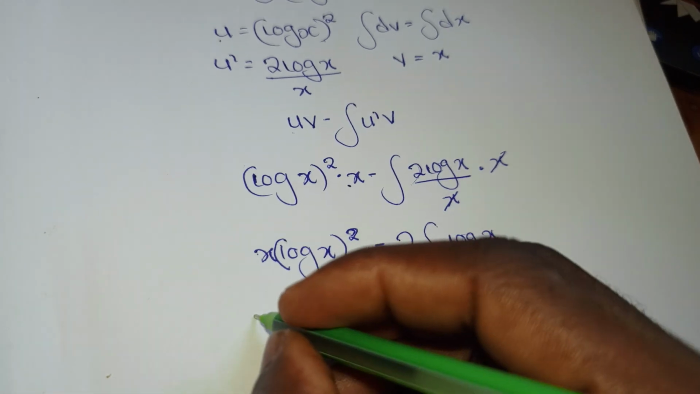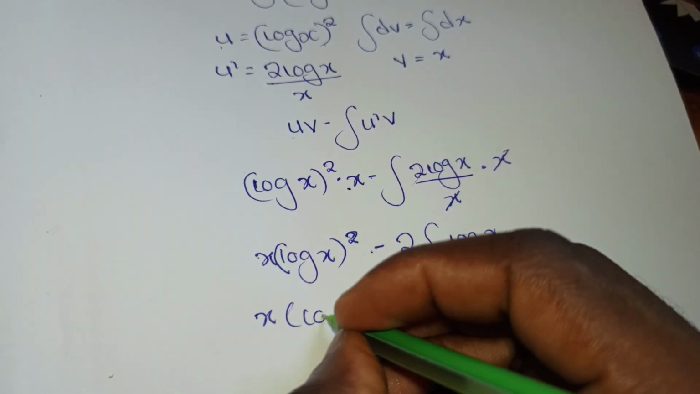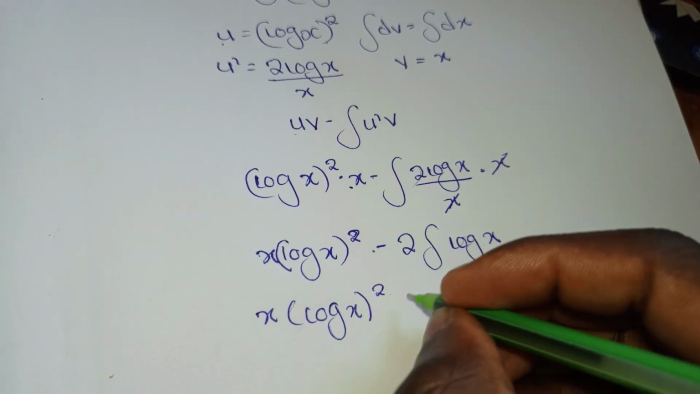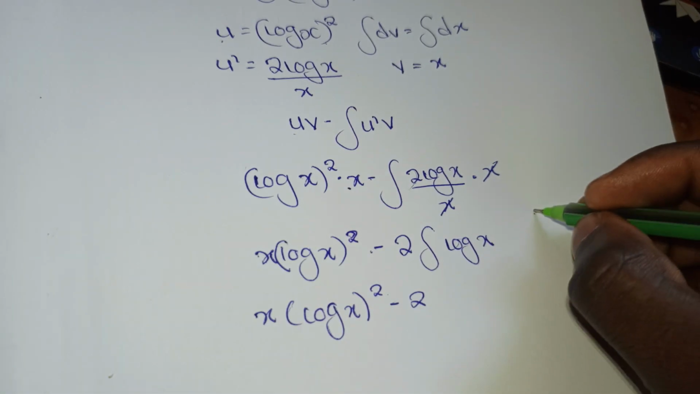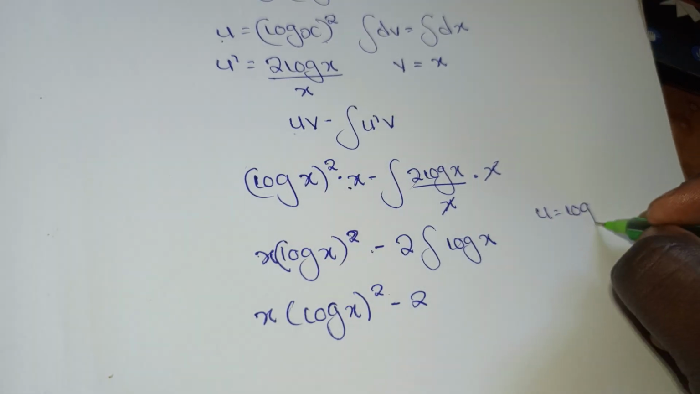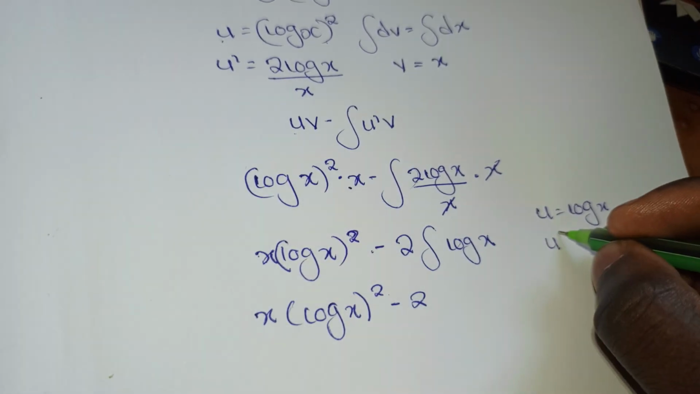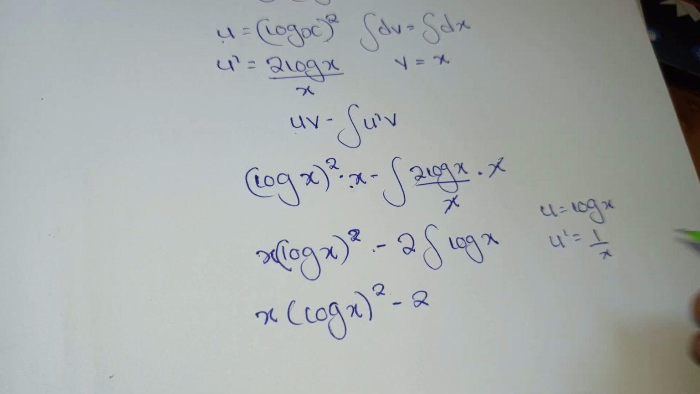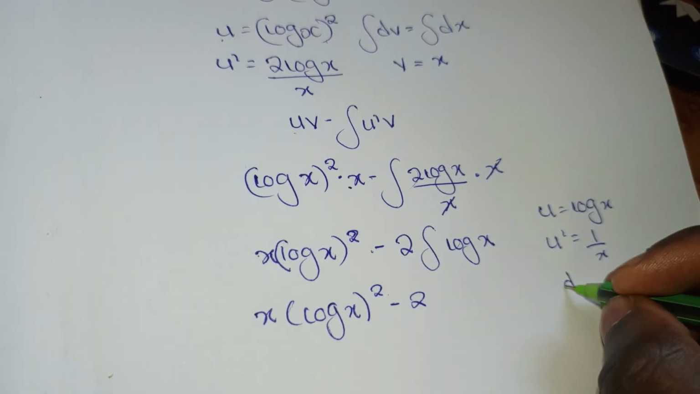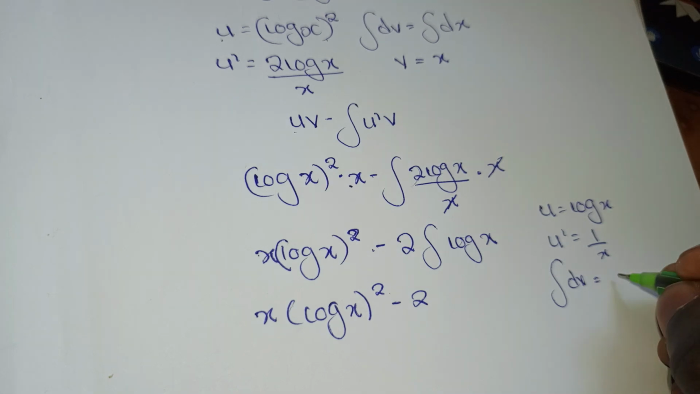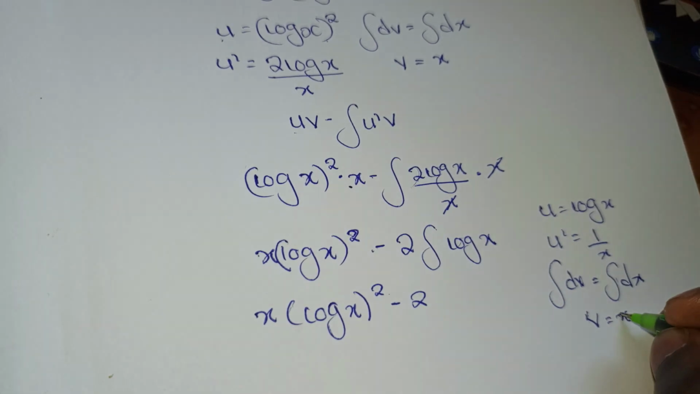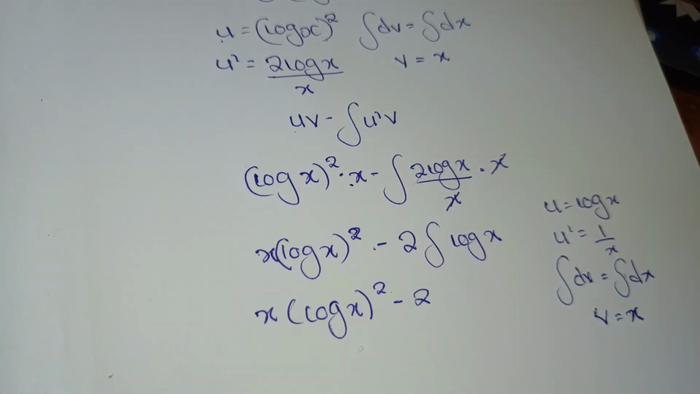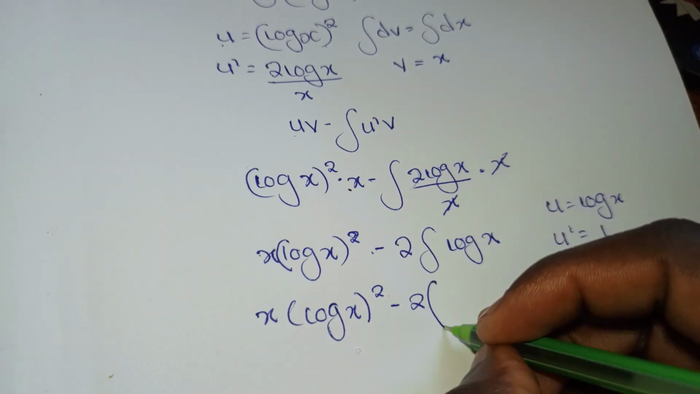integration by parts, where we have x (log x) squared minus 2, where we have the same again, u is equal to log x, where u prime in this case will be 1 over x. Remember I said you have dv, the integral of it, with dx, where here you always have a 1, so the integral of dv is v equal to x, where now we will marry this with the